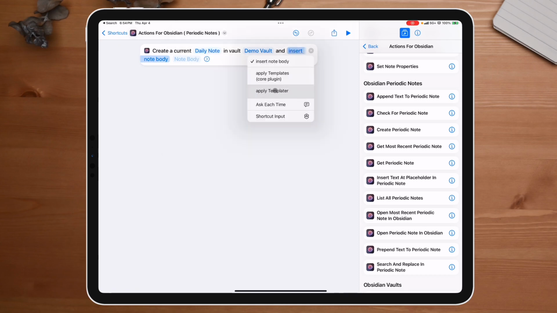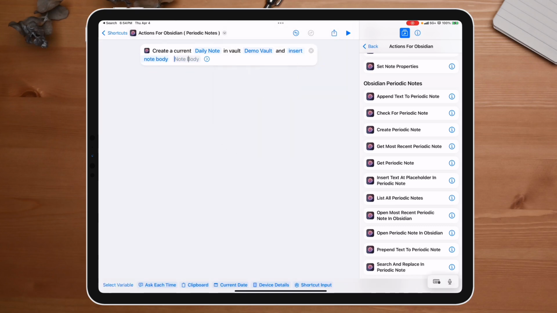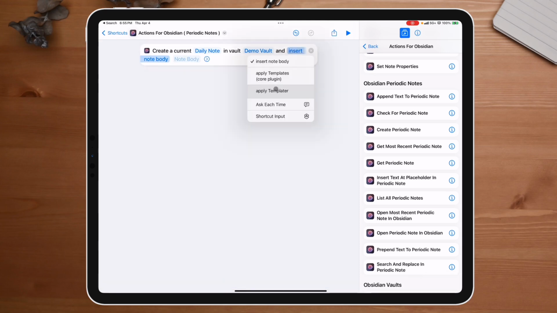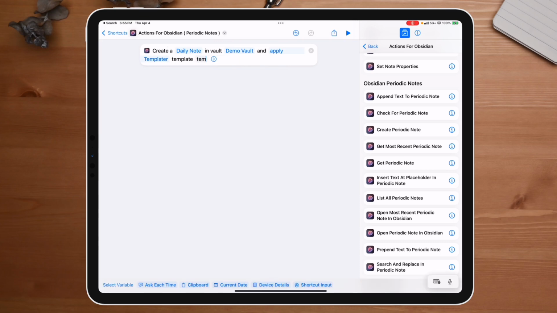Insert body. I'm going to actually insert my Templater. Now, if you wanted to insert something different, you could. You could just add in a different article like we did last time, and it'll insert that as your daily note if you copy something from the clipboard. But I'm going to assume that you don't want to do that. If it's a daily note, it's going to be something you're typing up. So I'm going to change this to my daily notes template since that's what I'm talking in. My template file is going to be